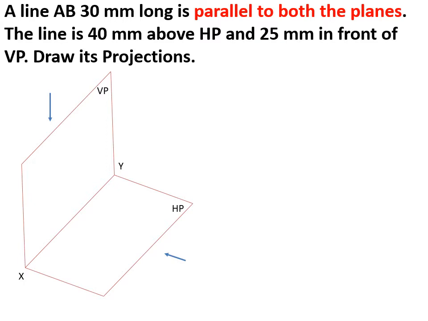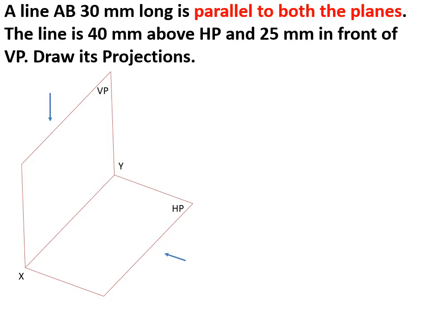From our answer point of view, the front view is always above the XY reference line because it is projected on the vertical plane. The top view is always below XY after the rotation of 90 degrees in clockwise direction. Because the top view is projected on the horizontal plane, after the rotation of 90 degrees in clockwise direction, the top view is below XY. So you have to remember this basic concept. Front view is always above the top view, which means front view above XY, top view below XY for first angle projections.